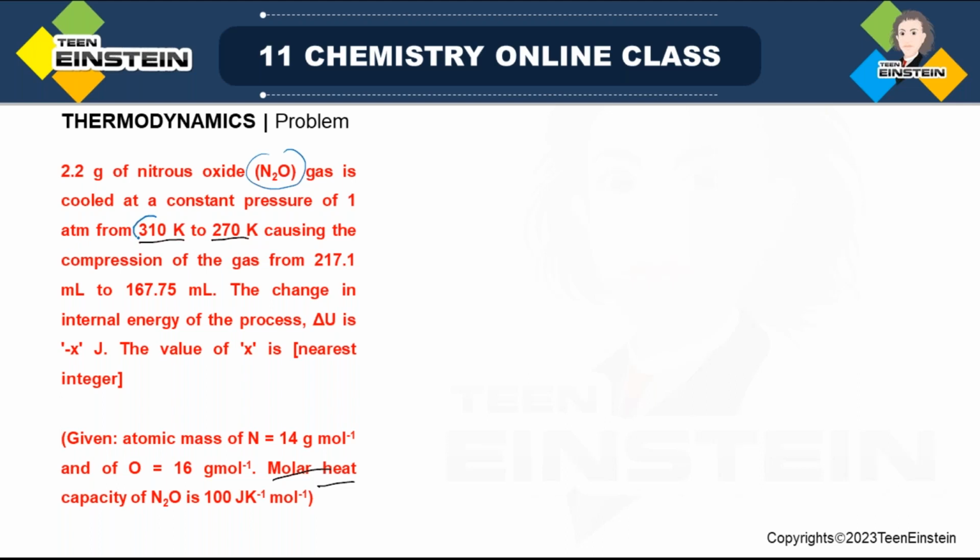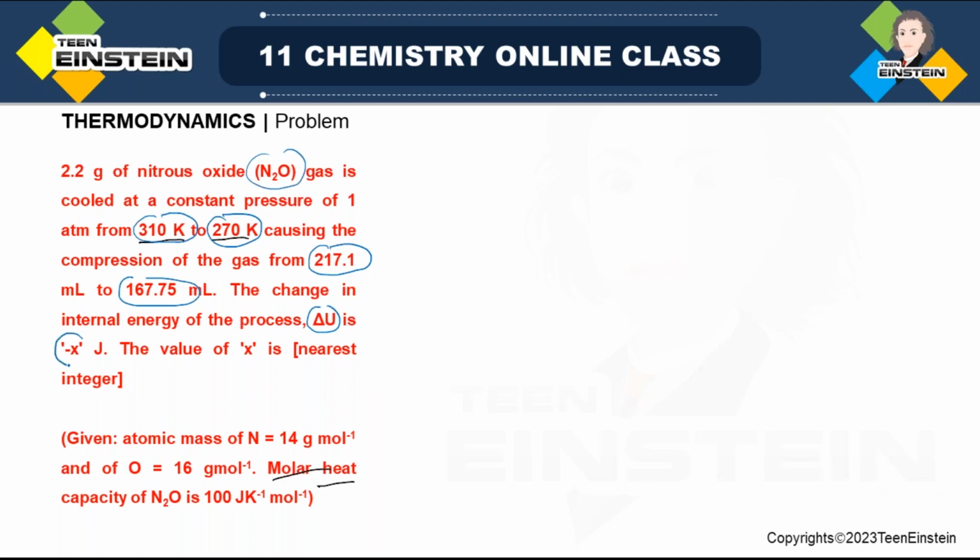Now as it is cooled, that means temperature will decrease, and the value is 310 Kelvin initial, final is 270, causing the compression of the gas from 217.1 ml to the value 167.75 ml. Fine. So the change in internal energy of the process, del U, that value we have to find,